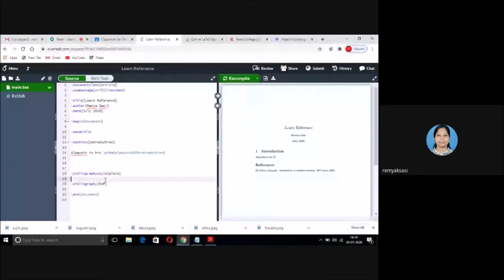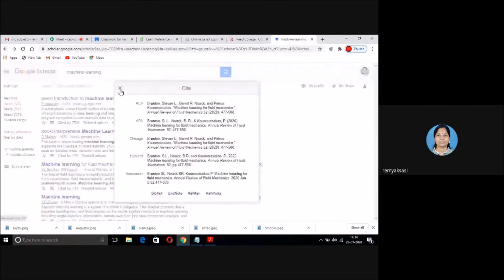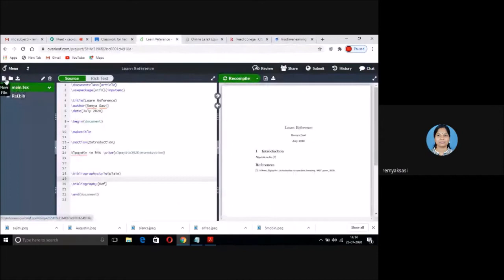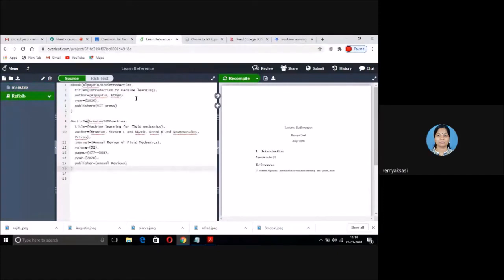So what I did is, I went to scholar.google.com and collected whatever reference I need. I came to Overleaf, created a bib file, ref.bib is the name of that file, and copied the reference content here.